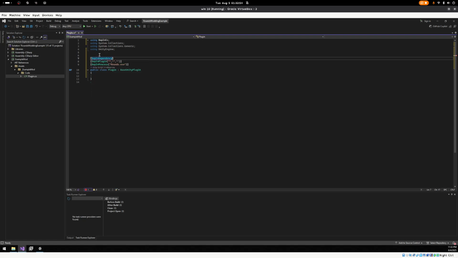And this is telling BepInEx, which is again the mod loader, which mods need to be there in order for our mod to work. And so we're going to start with com.willis.round.unbound. And so this is the GUID, the identification string, for UnboundLib. The other one that's really important to add is